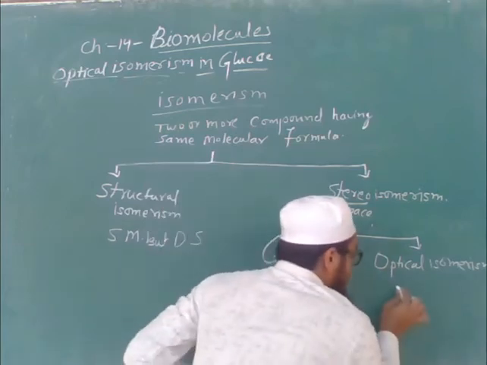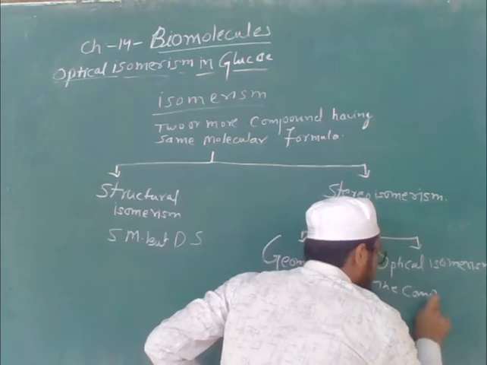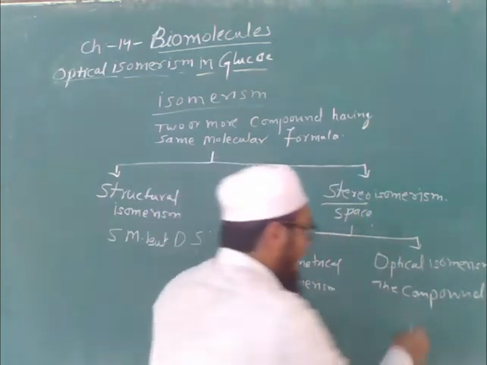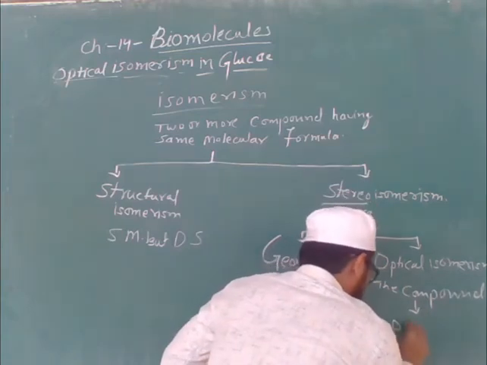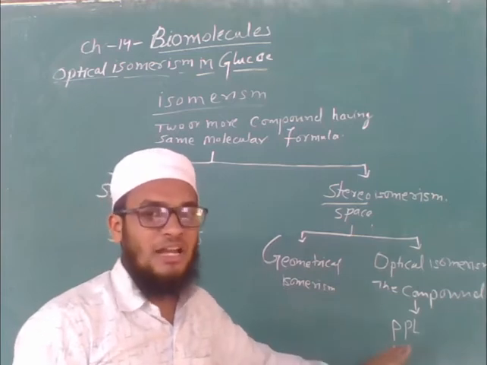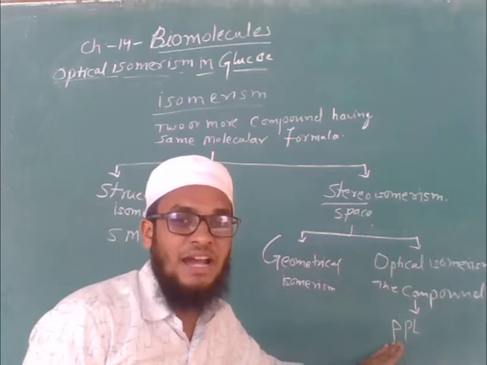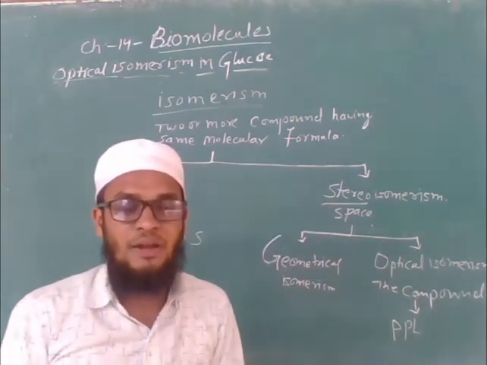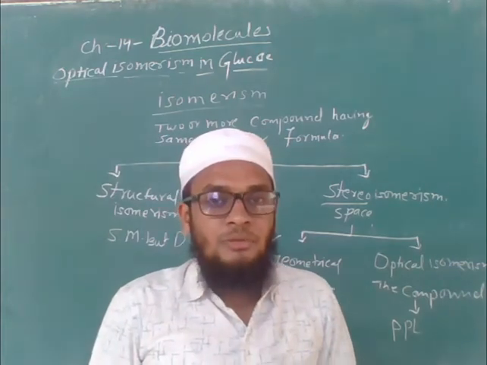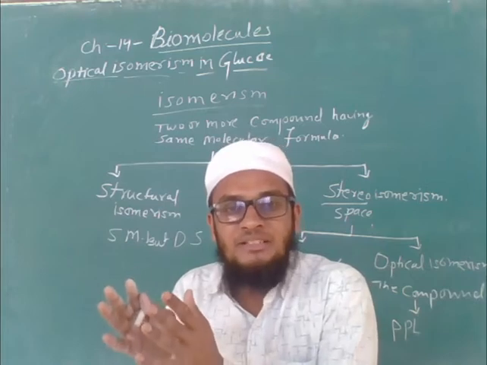The compounds having a property to rotate PPL. What is this PPL? Plane polarized light. The compounds which can rotate plane polarized light are called optical isomers, and this phenomenon is called optical isomerism. So suppose I have one compound and it can rotate plane polarized light in a clockwise